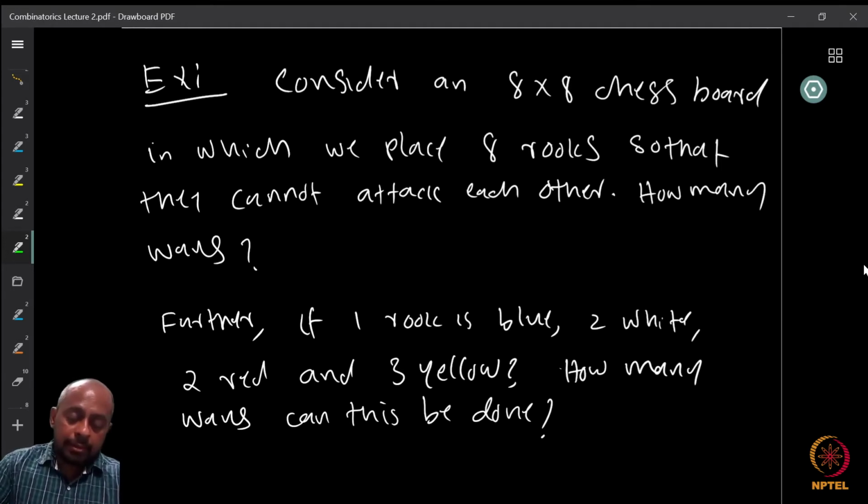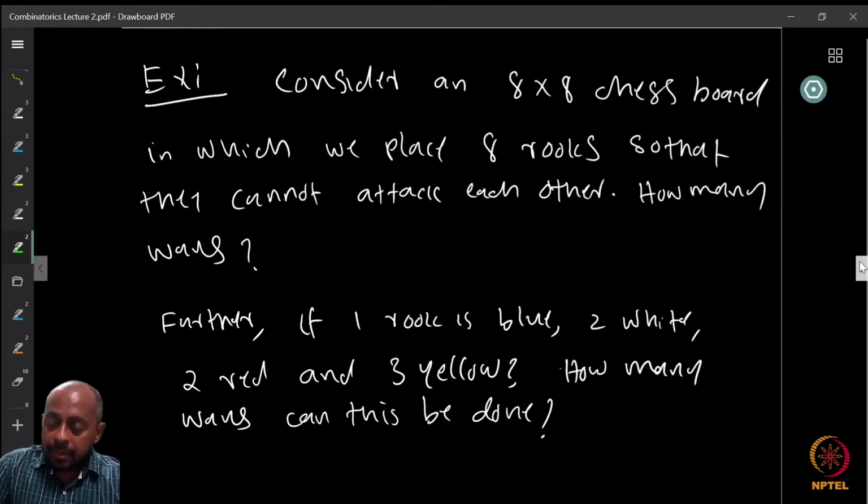And as an addendum to the question, I can ask, suppose the rooks are not the same color. We will first assume that all the rooks are identical, the same color. But then we can say, suppose one rook is blue, two are white, two are red, and three are yellow. Then how many ways can we do this? Will the number increase or decrease? So,